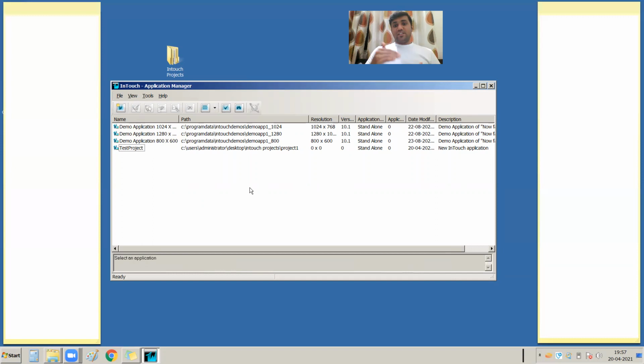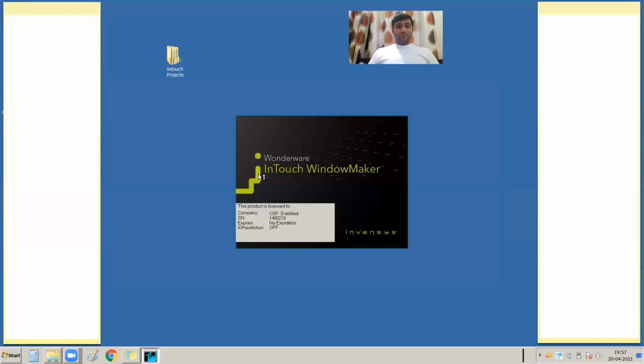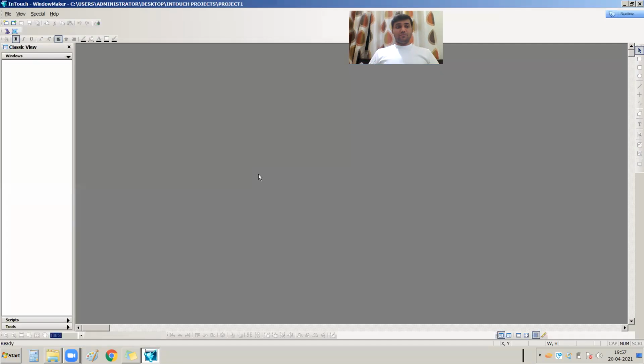Now the second step is the Window Maker, where you can develop your project. You just right click and press Window Maker, and your project will open.